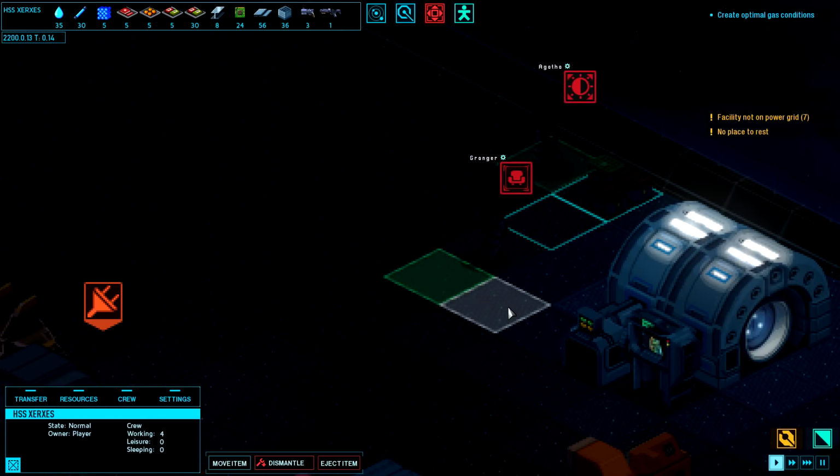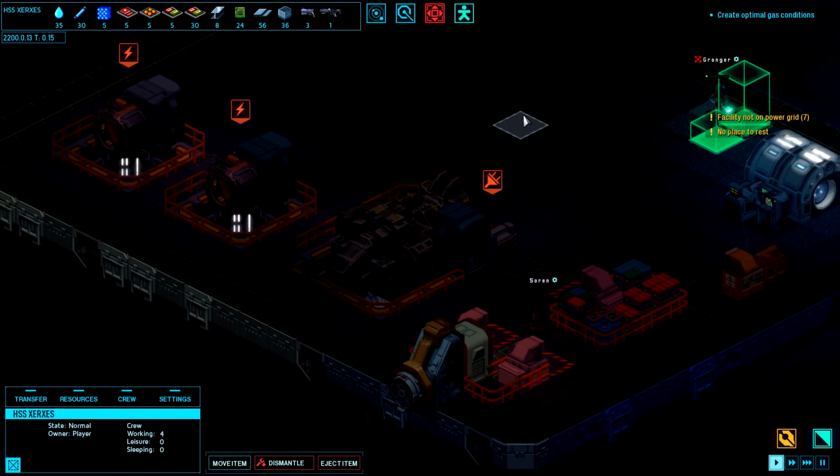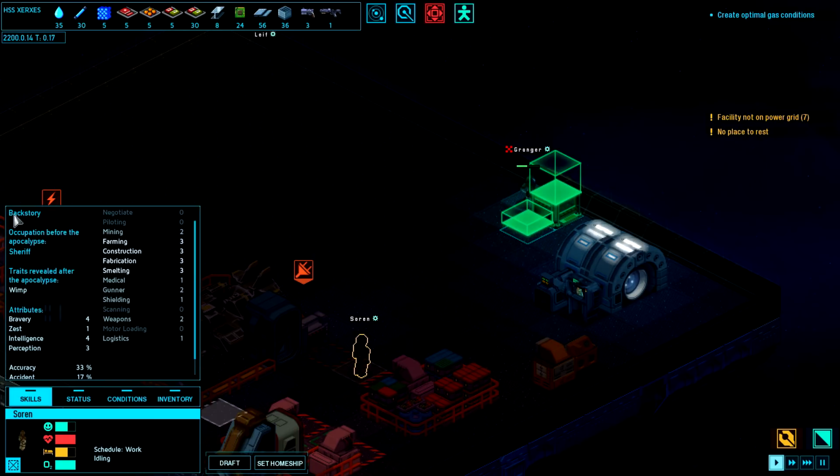Who we got? We got Agatha, Granger, Leaf, and Soren down here. You can click on all these guys. They have various things. Skills. This is where the oxygen...